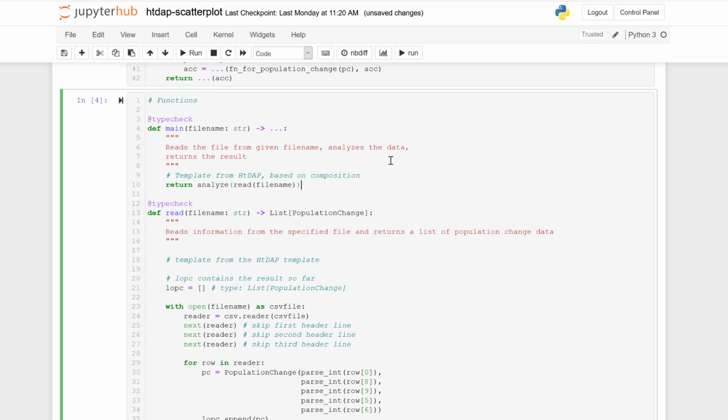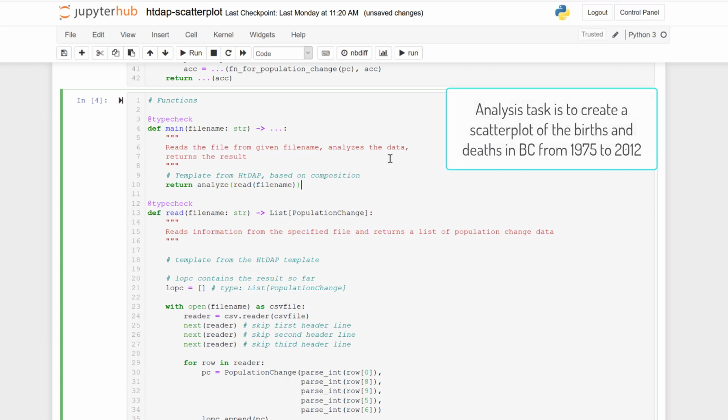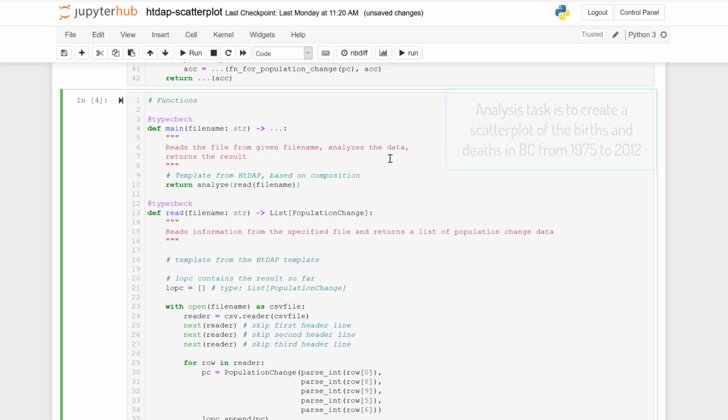For this program, our analysis task is creating a scatter plot of the births and deaths in BC from 1975 to 2012. I'll rename the analysis function so that its name implies what it's doing. I'll call it plot births and deaths scatter plot.